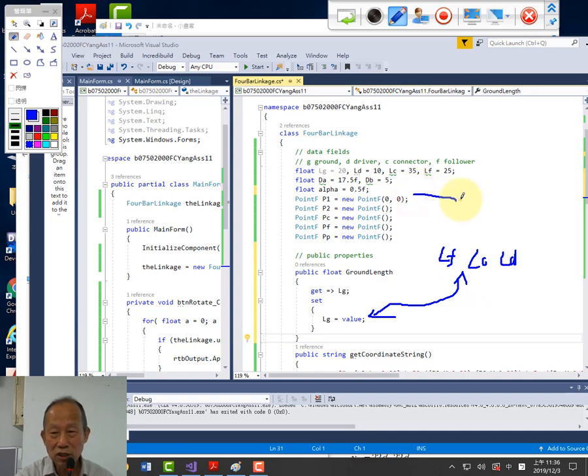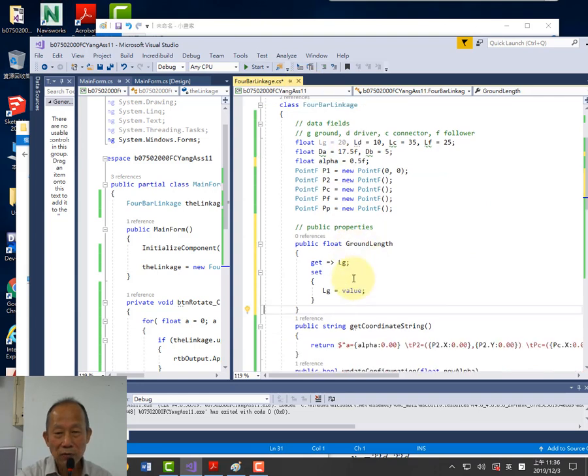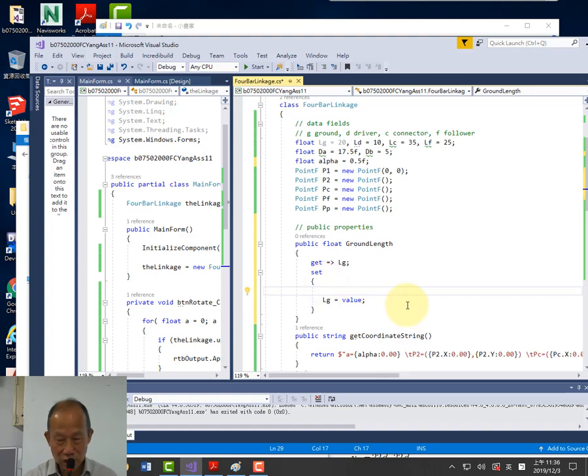Because the four sides must form a legal quadrilateral. Think about what the requirement was in high school. So when you prepare a property, you are not going to let the users arbitrarily set any value to your LG. You need to check